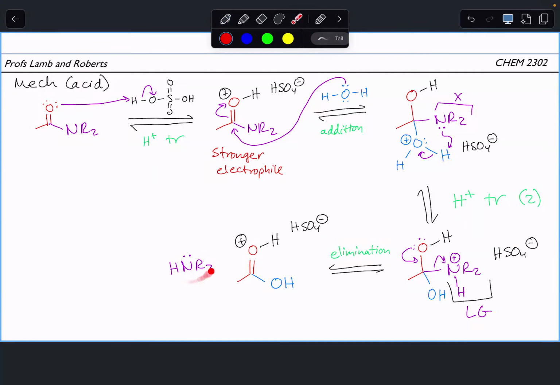So that is going to pull off this very acidic proton over here. And this last step is irreversible. So our irreversible proton transfer happens at the very end, which gives us our final carboxylic acid and